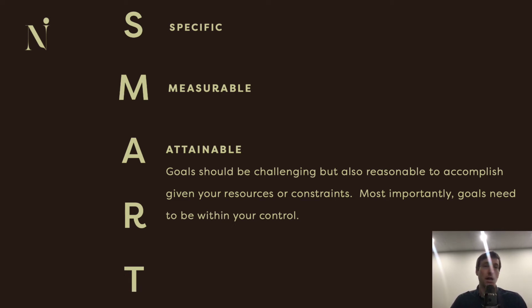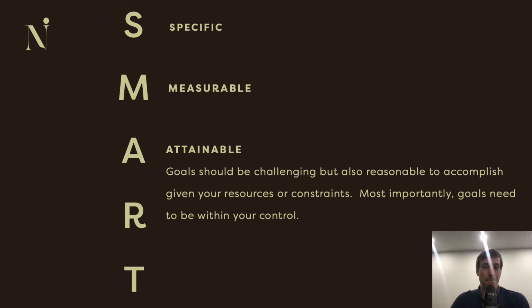Another example is you might set a goal, I want to get hired at job X. The problem is you don't decide who gets hired. The hiring committee does. You're just applying. So a better goal would be, I'm going to put forward a highly competitive application for job X. That's a goal you can attain. And then if you get hired or not, it's okay. You've still achieved your goal.